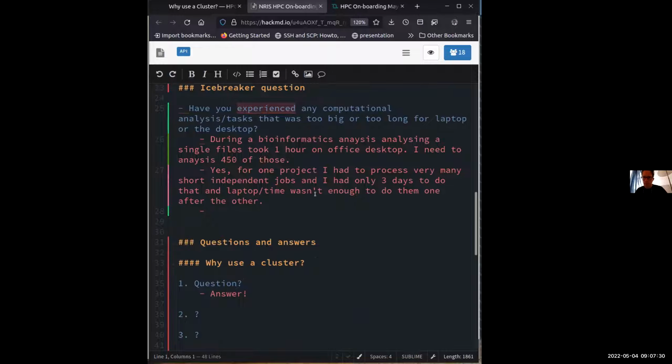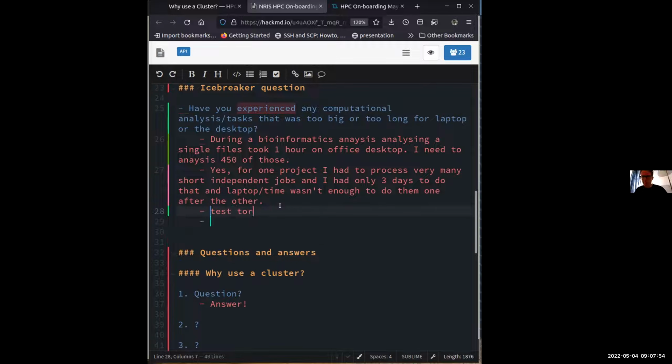We will use this document to ask questions, always at the bottom of the document. But now, for everybody to get used to this, we encourage you to go in and answer the icebreaker question. So here you type a dash, and here you can type, and it will show up live, and we can all type together at the same time. So I don't have to wait for someone to finish. I can just start typing, right?